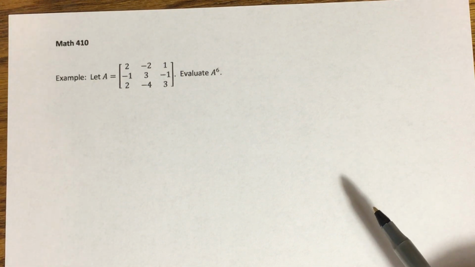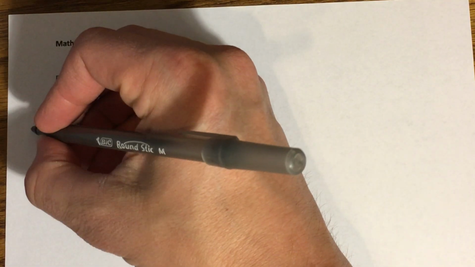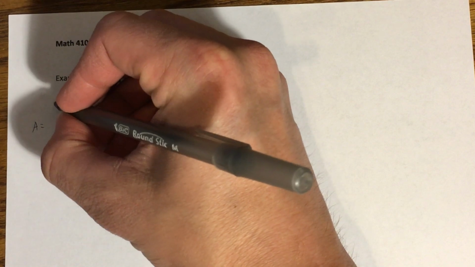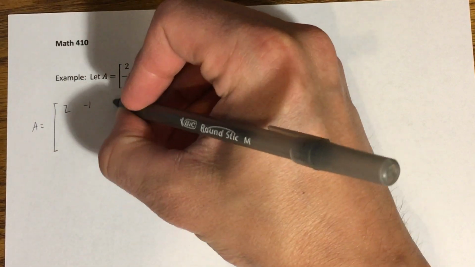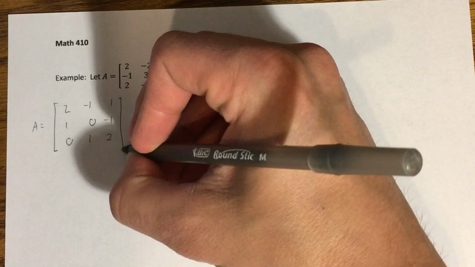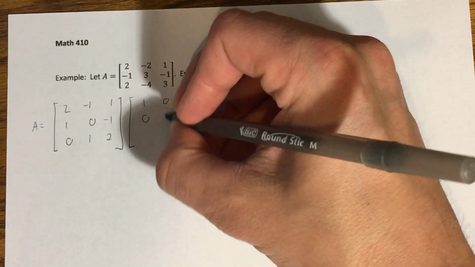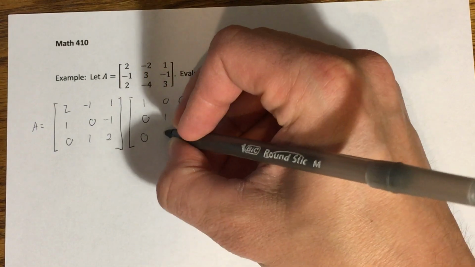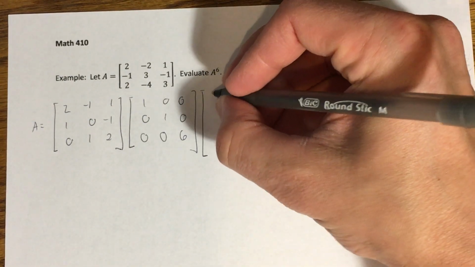This was a matrix in the previous video that we diagonalized, and we showed that A was equal to 2, negative 1, 1, 1, 0, negative 1, 0, 1, 2 times the diagonal matrix 1, 0, 0, 0, 1, 0, 0, 0, 6 times the inverse of the first matrix, which was 1/5,